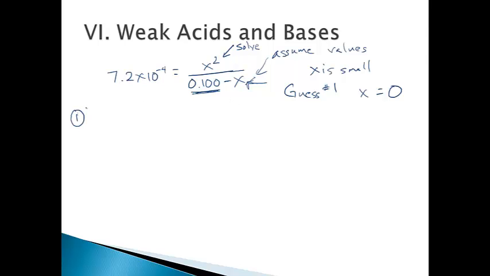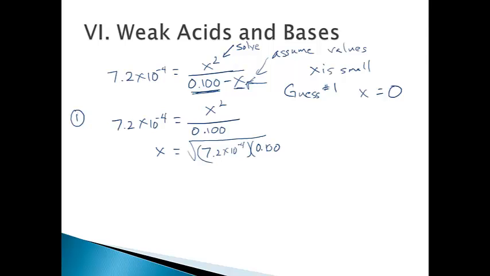Okay, so for trial number 1, 7.2 times 10 to the negative fourth is equal to the x squared on the top. On the bottom, x is 0. That's our guess number 1. So it's just going to be 0.100 minus 0. Okay, now, pretty easy to solve. X is going to be equal to the square root of 7.2 times 10 to the negative fourth times 0.100. Right? Cross multiply, that'll give you x squared, take the square root of it, and solve for that. And you should come out with x is equal to